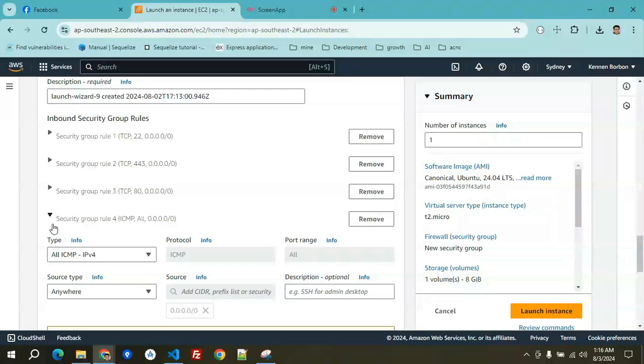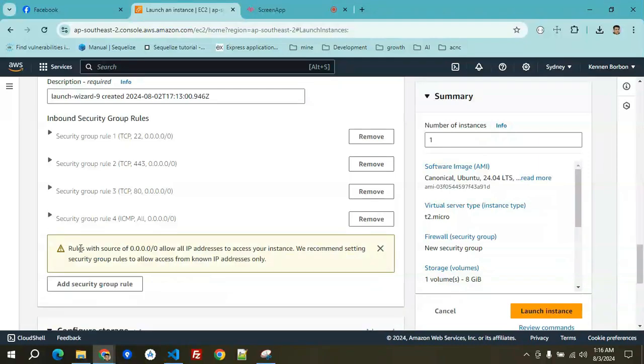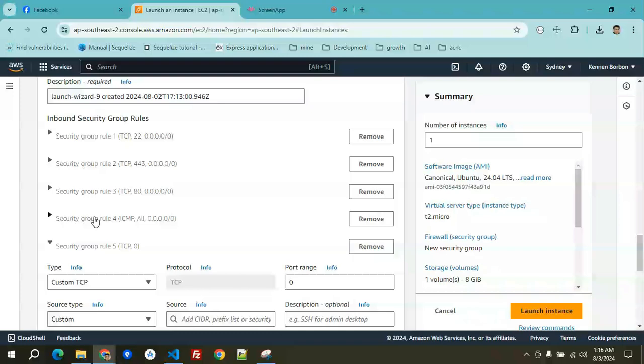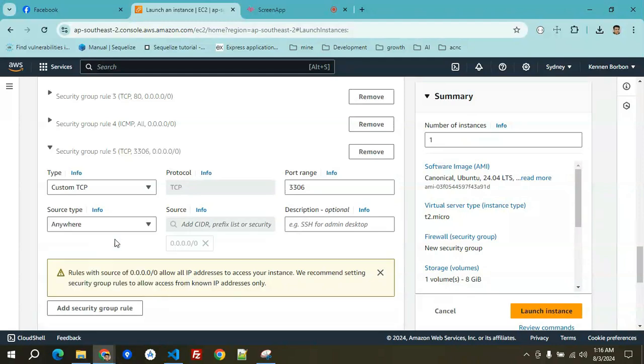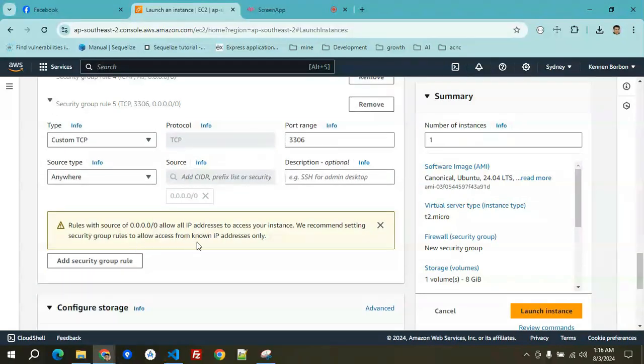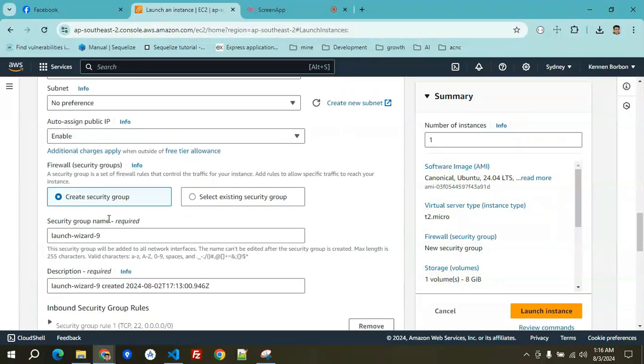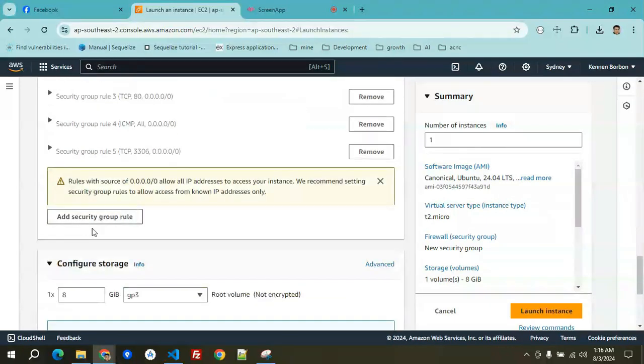And for example, if you're going to access your MySQL that was deployed on your virtual private server, then that's something you need to add to your security group rules as well. So custom TCP, 3306 is the port of, for example, MySQL. And then let's have the source type as anywhere. And that's it for the network settings.